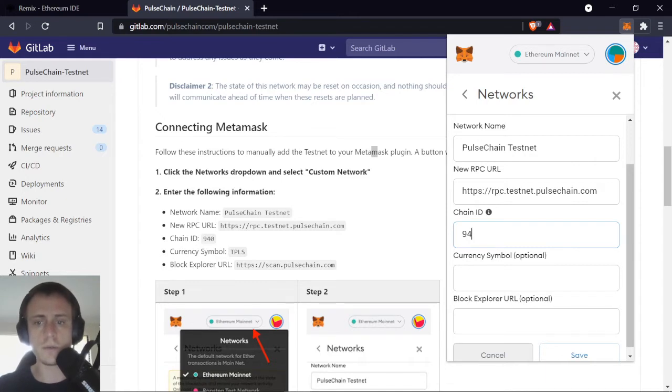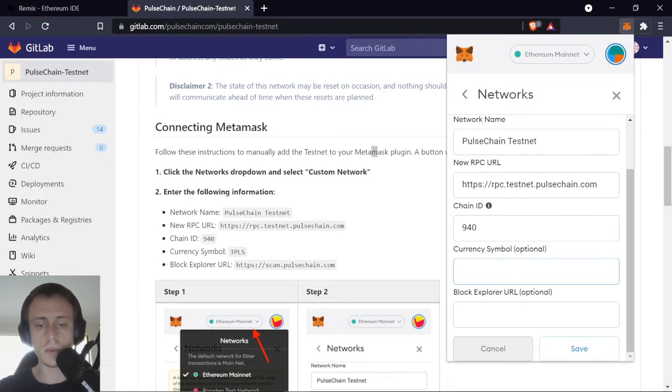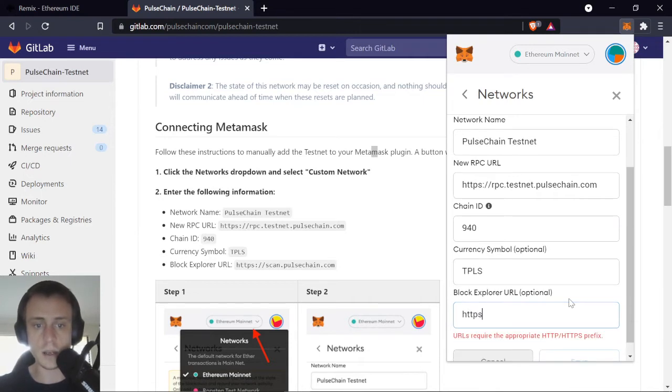So 940 is the chain ID, as you can see there. The currency symbol, everybody is calling TPLS. Anyway, blockchain URL. This is https://